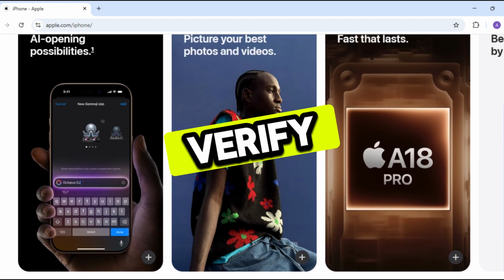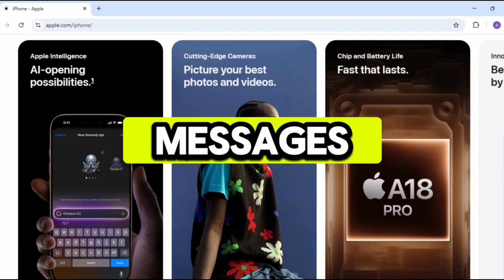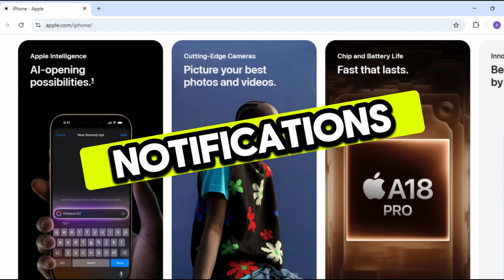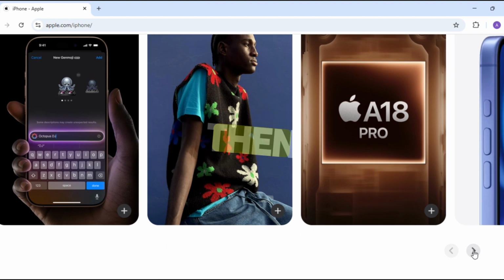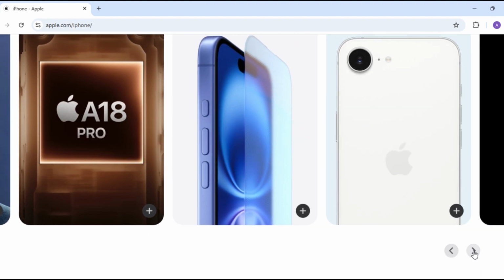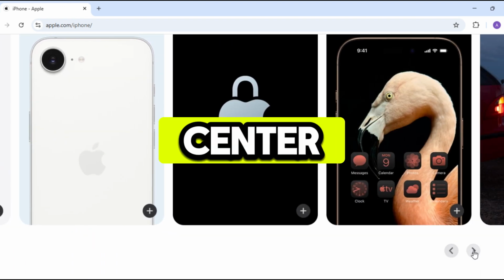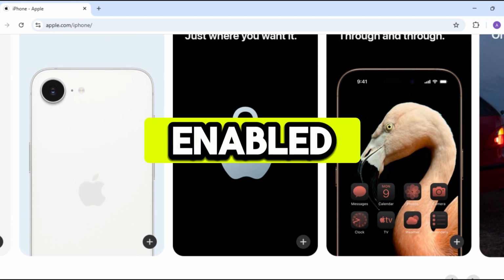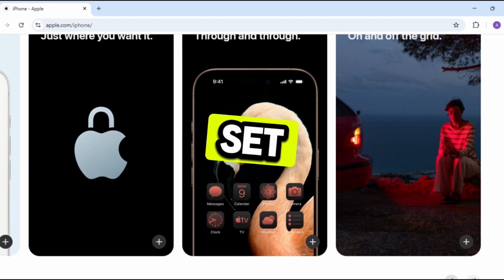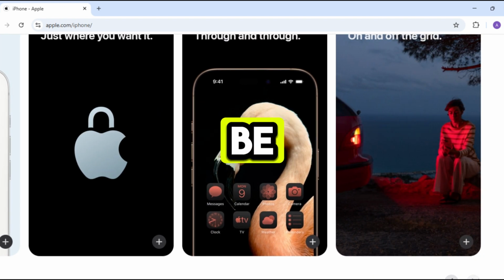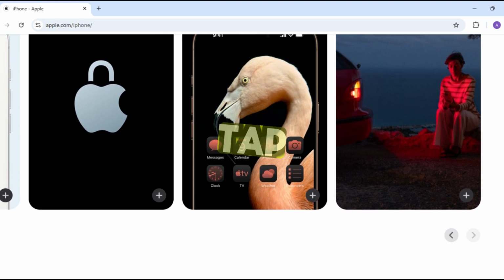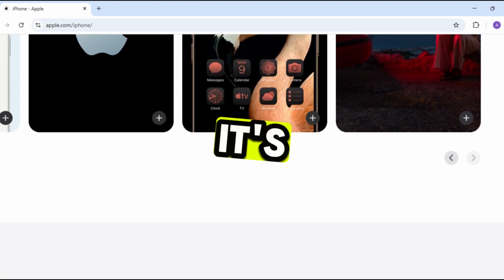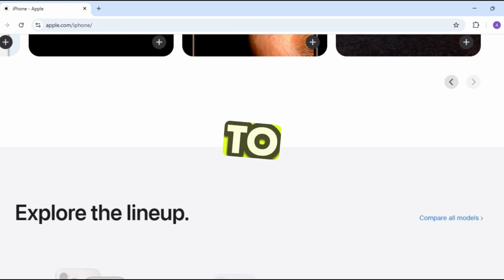Next, let's verify your notification settings for messages. Go to Settings, then Notifications, then Messages. Make sure Allow Notifications is turned on. Then check these important settings. Lock screen, Notification Center, and banners should all be enabled. Sounds should be turned on and set to a tone you'll hear. Badges should be enabled if you want to see message counts on the app icon. While you're there, tap Show Previews and make sure it's not set to Never if you want to see message